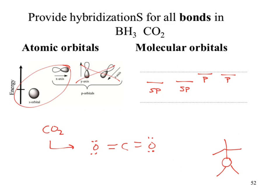When I try to describe what's happening with the molecular bonds, I could also do this now for the oxygen and set up the same system behind it. So this was our carbon. What happened with the oxygen? How many groups of electrons for the oxygen? Three, which means sp2, sp2, sp2, and